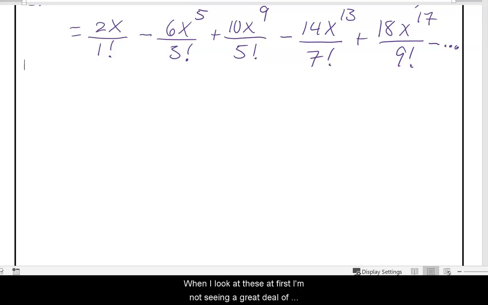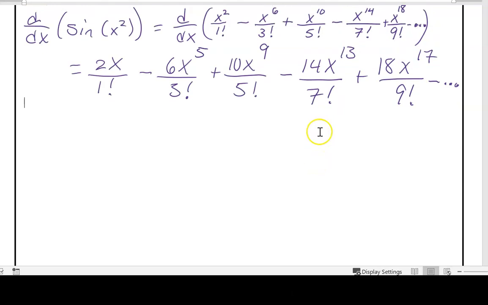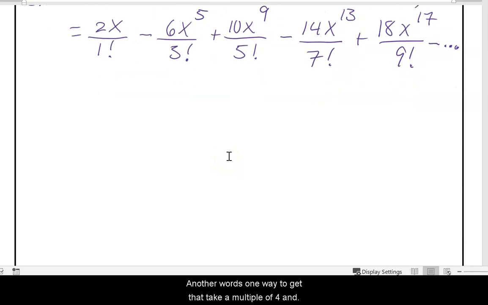When I look at these, at first I'm not seeing a great deal of pattern in the numerators. I know that the powers are 5, 9, 13, and 17. However, we need to remember where they came from. They came from 2, 6, 10, 14, and 18, which are now the coefficients. In other words, one way to get that is simply to take a multiple of 4 and add 2 to it. So this means that I can take a multiple of 4 to get 6 by taking 4 times n